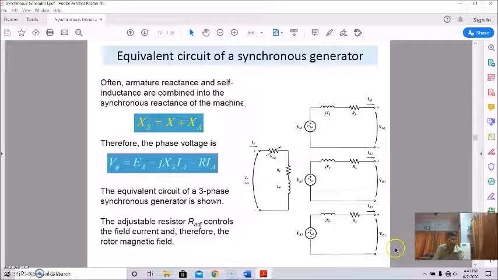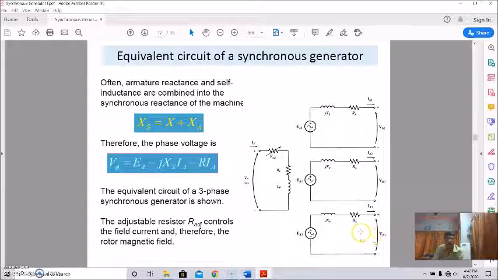This is phase 1, this is phase 2, and this is phase 3, and this is the rotor equivalent circuit. This is a field voltage, which is a DC voltage. This is the field resistor, and this is the field coil reactance, the self-inductance. This is responsible for creating the main field, and as a result in the three phases, this is for coil A, we get EA1, EA2 and EA3. These are the three phase voltages like this.